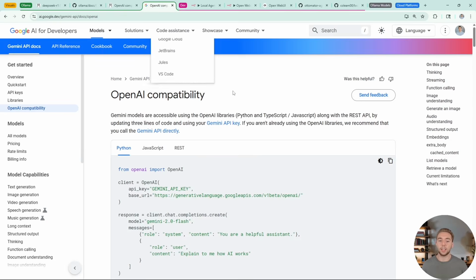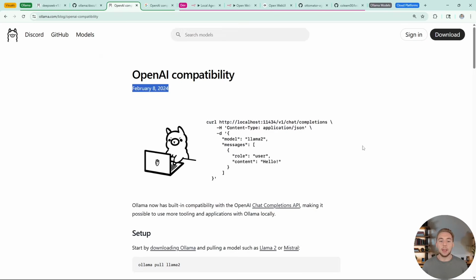We have other providers like Gemini is OpenAI compatible, Grok is, OpenRouter, which we saw earlier. Almost every single provider is OpenAI API compatible. And so not only is it very easy to swap between large language models within a specific provider, it's also very easy to swap between providers entirely. So you can go from Gemini to OpenAI, or OpenAI to Ollama, or OpenAI to Grok, just with changing